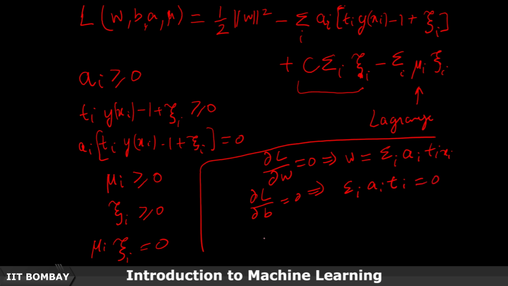And del L by del the slack variable xi I equal to 0 will imply that Ai is equal to C minus mu I. Okay. So we will substitute this back and we will see how this eliminates xi and W and B, and we will get everything in terms of A and mu,